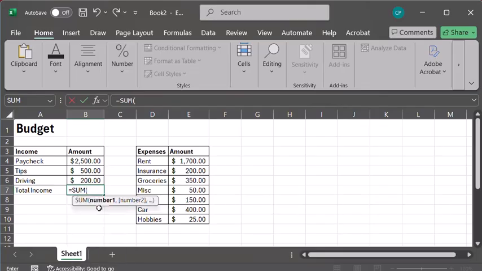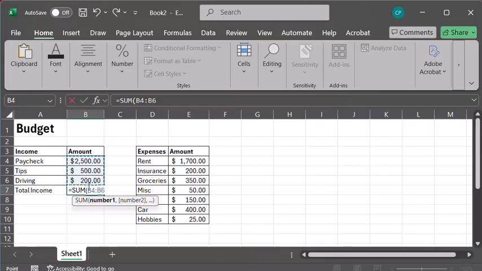By default, Excel will capitalize the functions, but it doesn't actually matter whether you capitalize or not. So I'm writing sum, and then I do a starting parenthesis. And again, you could type individual numbers in here separated by commas, but I'm just going to highlight all the cells that I want. So I'm clicking and dragging, or holding my mouse button down as I highlight all of these cells. And it gives me a range.